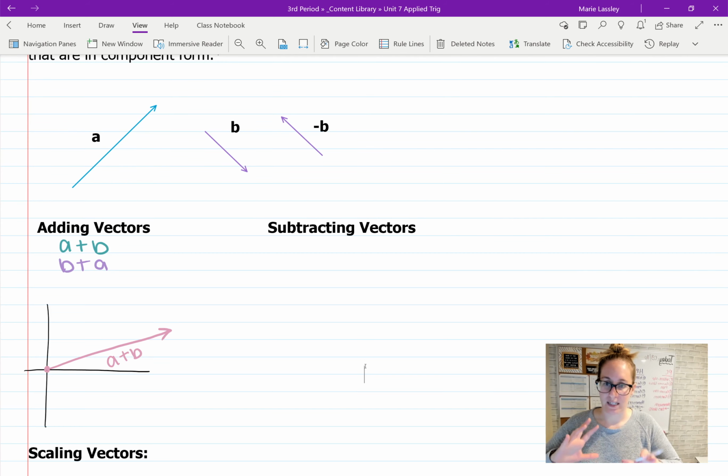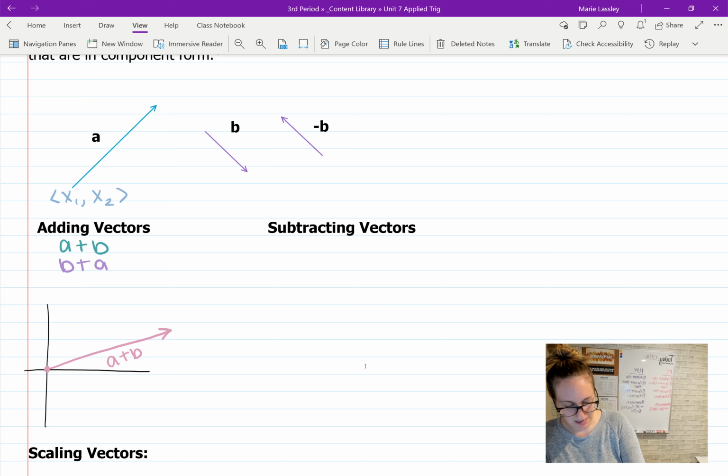You visually can see what adding does, but I didn't actually tell you what you're doing. So hold on. If you want to add, let's say, I didn't even give these coordinates. What was I thinking? All right, so we'll say that A is x1 comma y1, and we'll say that B is x2 comma y2. So A plus B equals, you literally just add the x's and then add the y's. So x1 plus x2, comma,